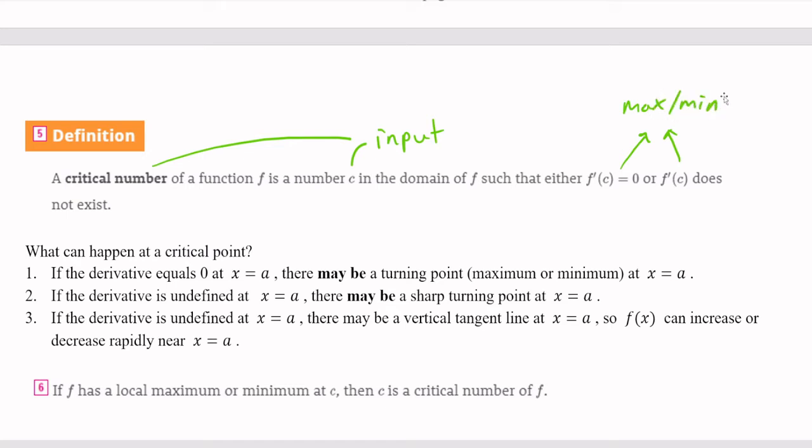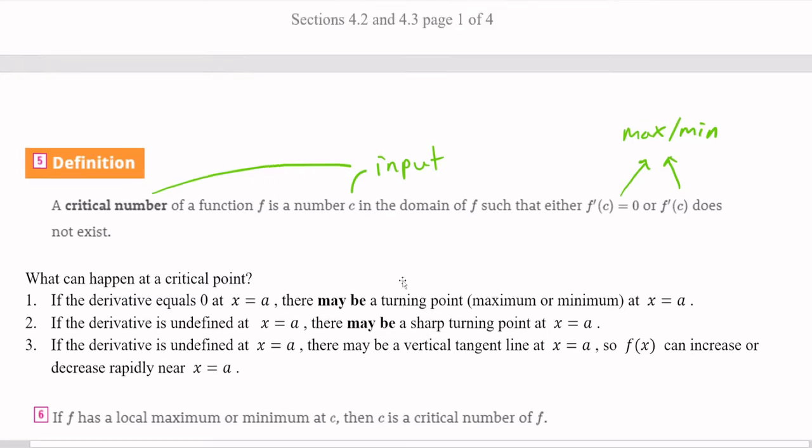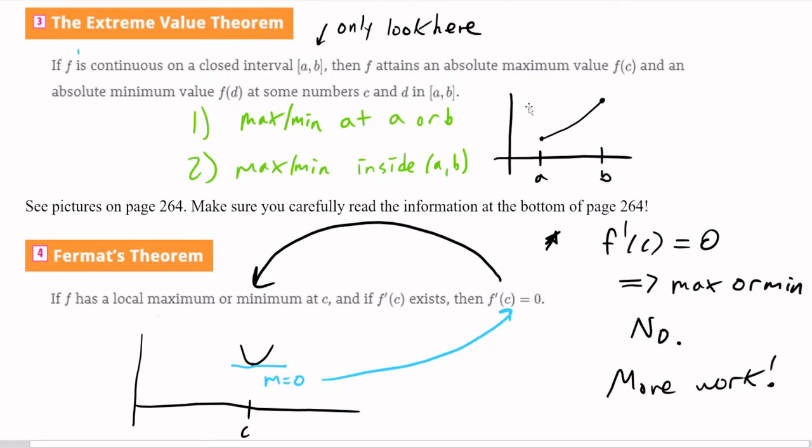If your function has a maximum or minimum, local or otherwise, you've got to look for the derivative being 0. You've got to look for the derivative not existing. Those are the 2 places you look. Unless we're in this scenario and you look at the endpoints to see. But if you're not in this scenario where the endpoints could be it, you're in the middle here, the only places inside that you could have a max or a min are going to be where the derivative is 0